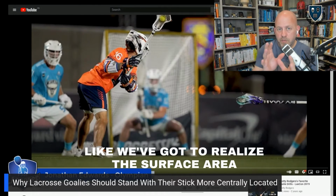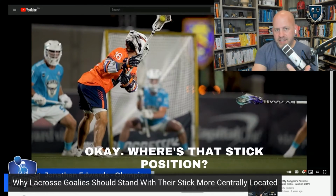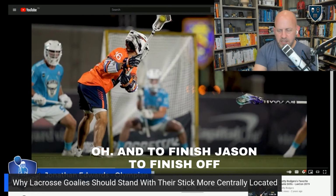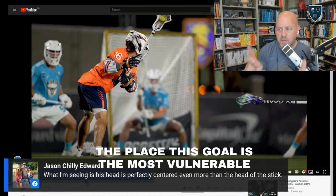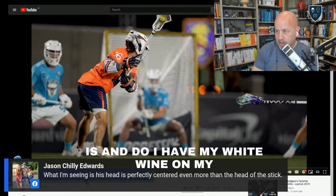your goal, we've got to realize the surface area a goalie takes up in front of the cage. Okay, where's that stick position? What's the most available thing they're going to be able to get to the ball? Oh, and to finish my thought, Jason, sorry, I didn't finish my thought. The place this goalie is the most vulnerable is, and do I have my white